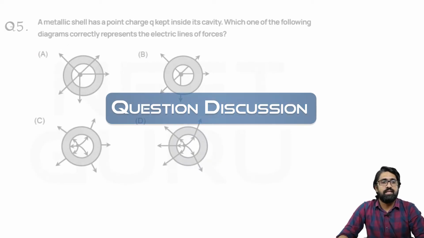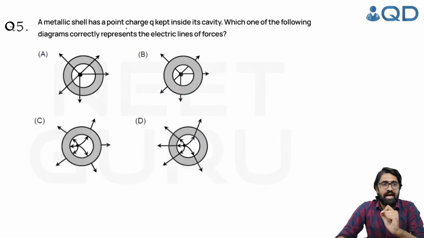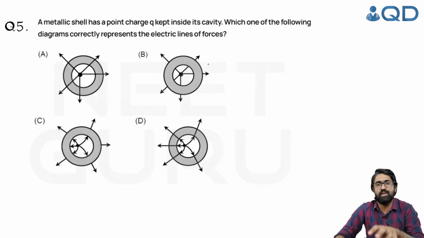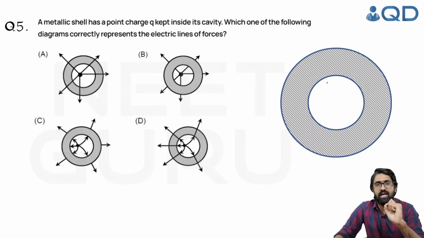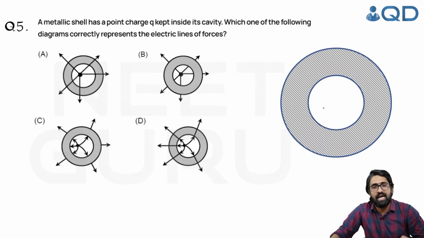The fifth question here says, a metallic shell has a point charge Q kept inside its cavity. Which one of the following diagrams correctly represents the electric lines of force? This question is purely based on electric field lines, and we'll solve it based on the properties of electric field lines. We'll first look at a figure here which shows the magnified image of this metallic shell,